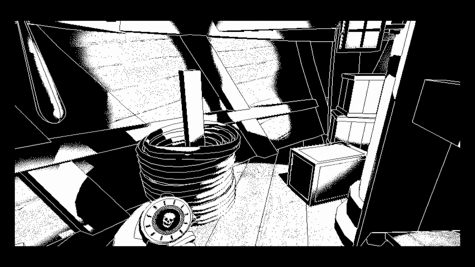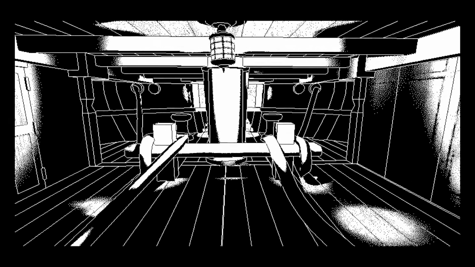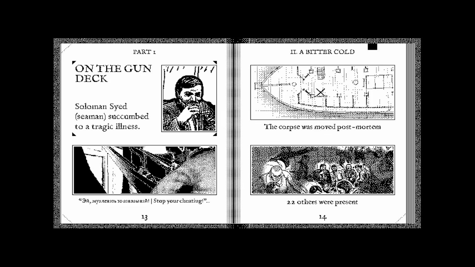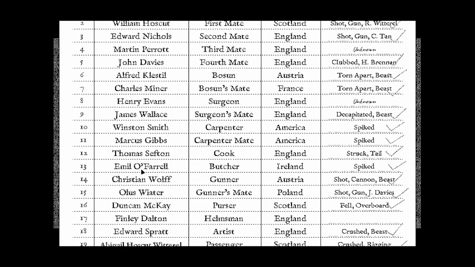We need to go to the wrapped up corpse, the one who died of the illness, Saeed. Okay, go. I wonder if we'll actually be able to see a storm coming, as the old dude said. So this should be here. Bitter Cold Part 1. Now, the two Peters in question are...